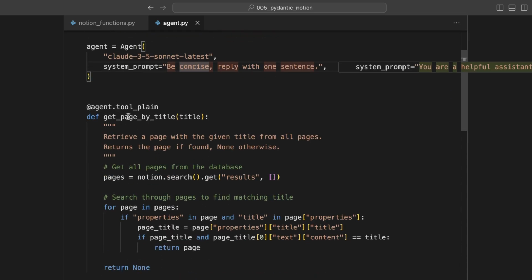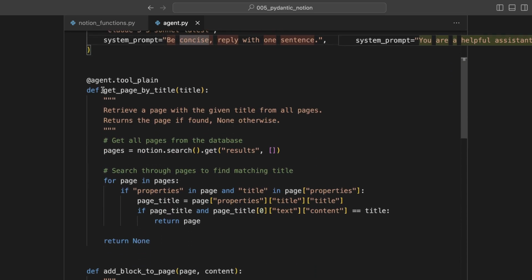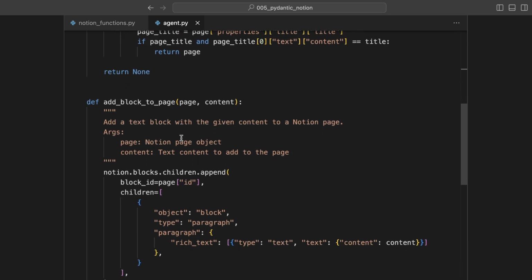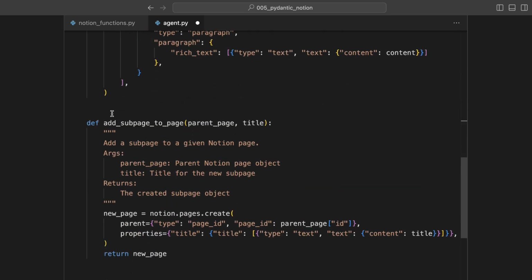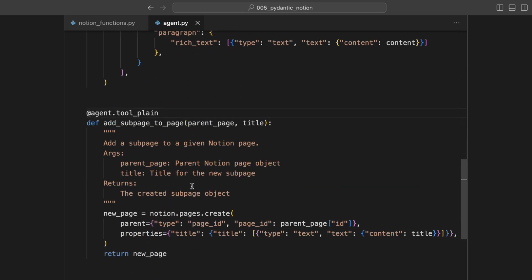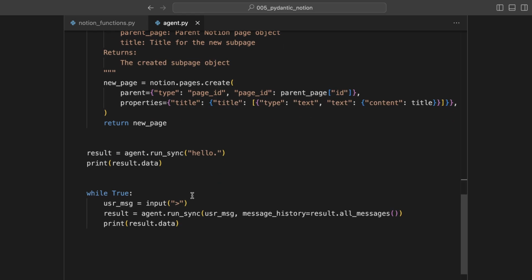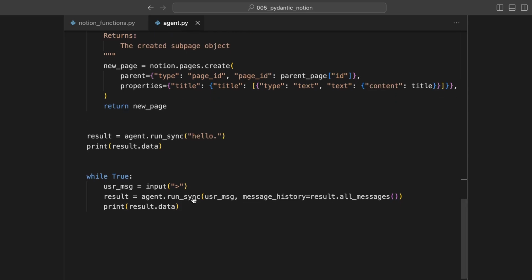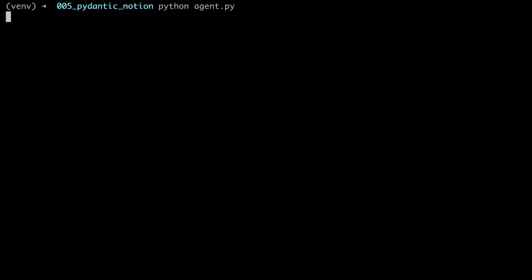And then Pydantic AI will create the function definition that is passed along to the LLM in the call. So we will decorate each of our 3 functions with agent.tool_plain. And from there, this might just work. So if we run agent.py again,